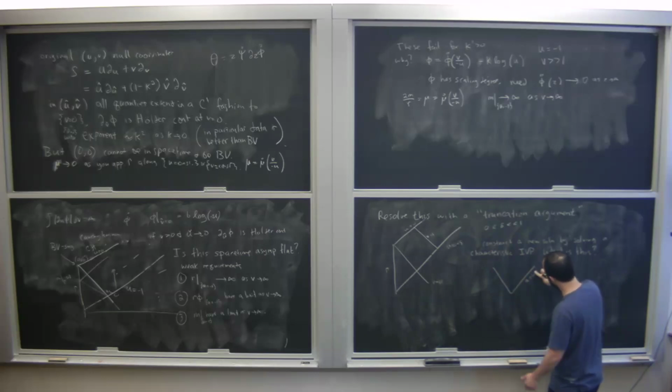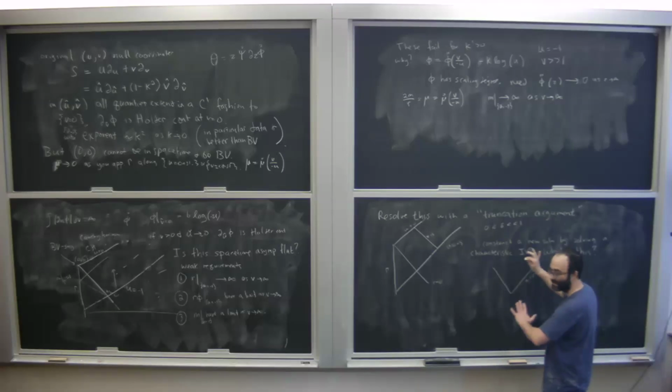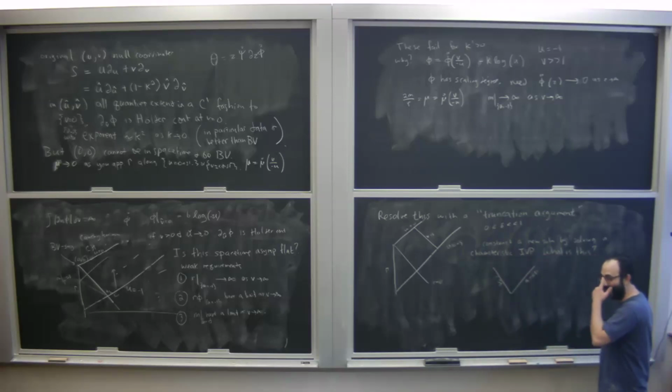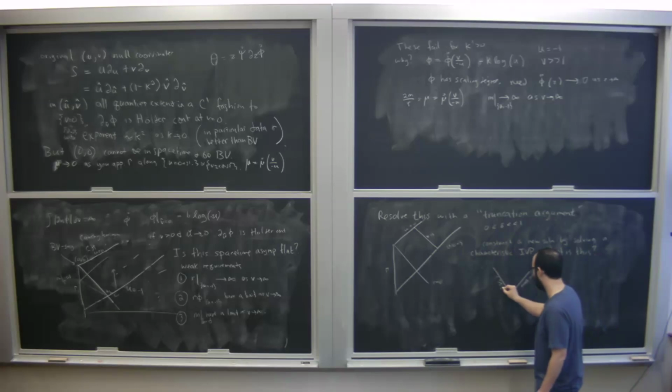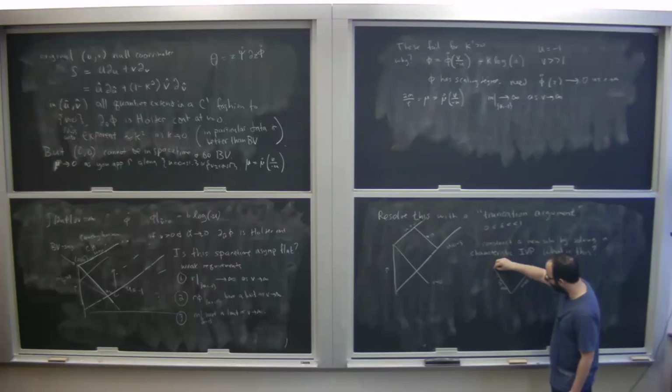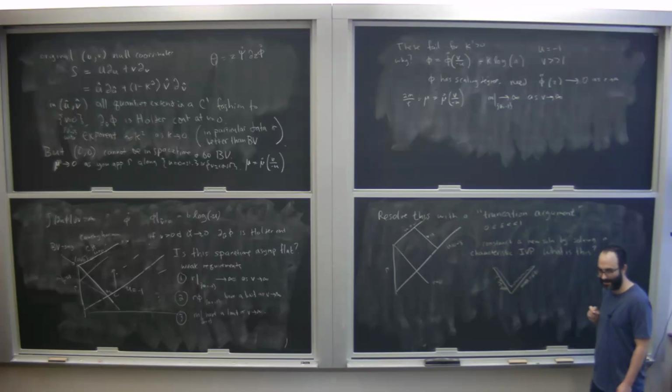I mean, what you can always, without loss of generality, call u equals -1. I'm just talking about the general form of this, it doesn't have to do with our solution. And you can always call this one v equals 1. And then what I want to do is put data here and data here. And then I want to claim that, for at least a short amount of time, I can always get a solution inside here, right?